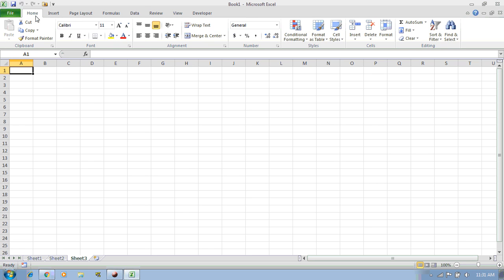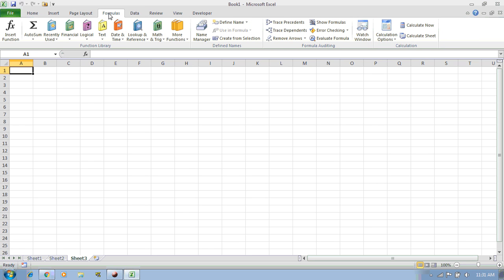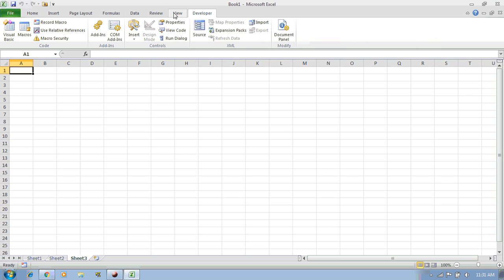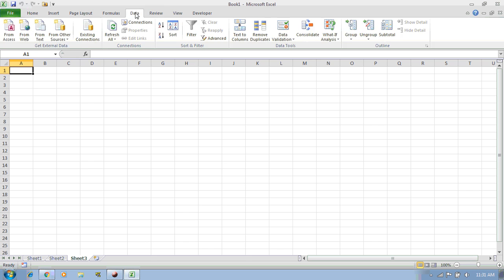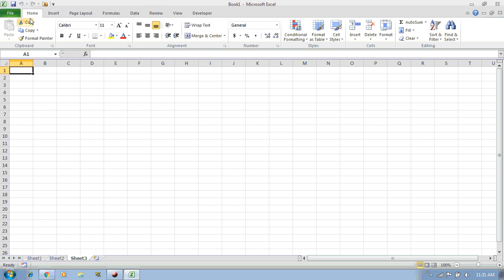These are called the ribbons in Excel 2007, 2010 and 2013. Earlier, before 2007, it was the menu here, but now Microsoft has changed the look and feel of Excel. So now these are called the ribbons.